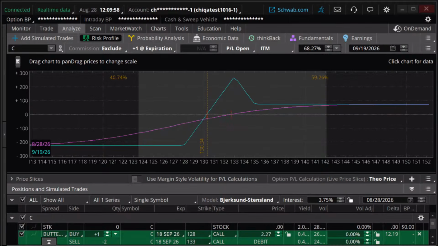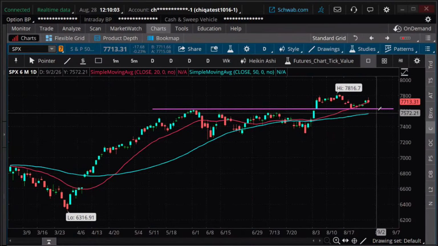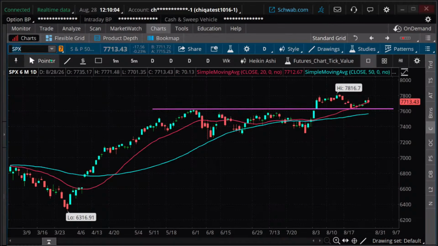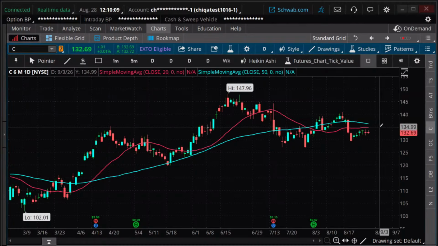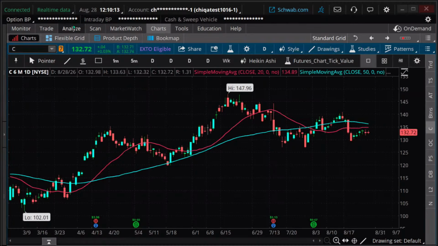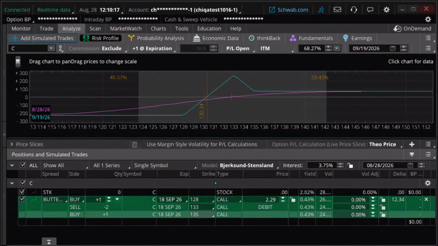Let's look back at that chart. If you're neutral-ish to bullish, then that's the wrong chart. Let's go to Citigroup. If you're neutral-ish to bullish, then maybe that trade would make sense for you. Okay? Now, when you have this, you can skew it, and what I'm going to suggest is you play with the strikes to have something that fits the bill here. Okay, so I just wanted to start off with that.